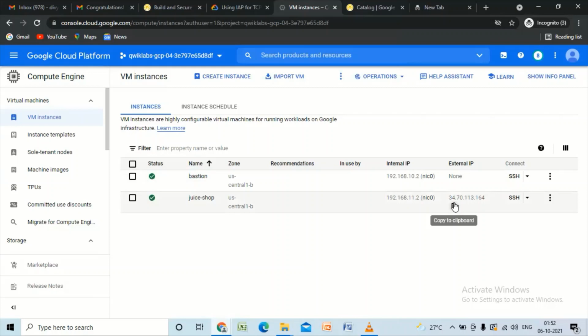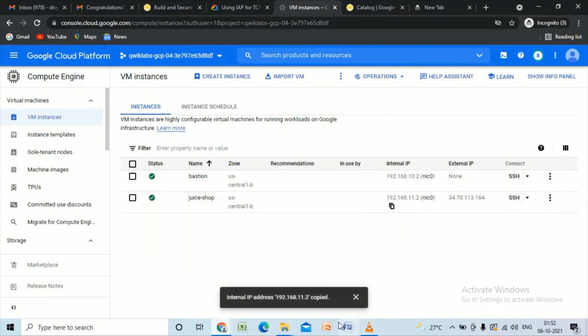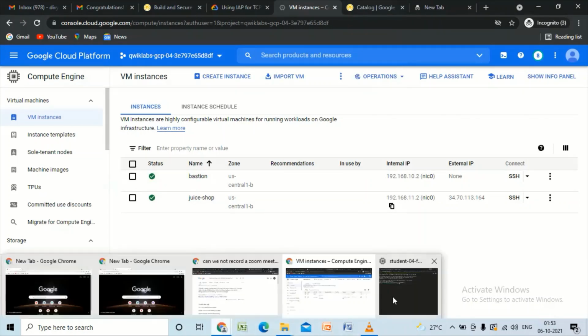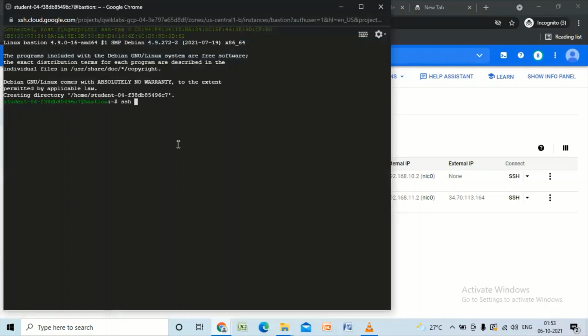Need to copy this internal IP of the Juice Shop and paste it here.